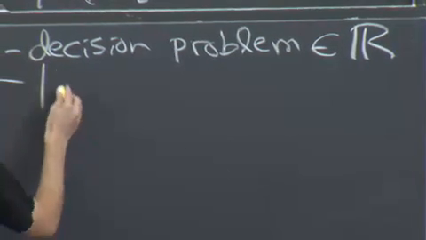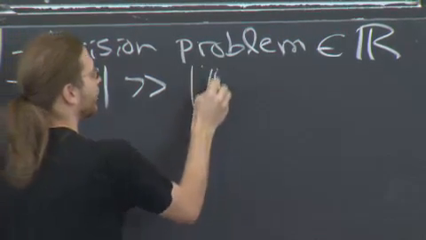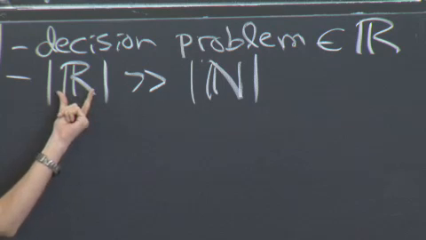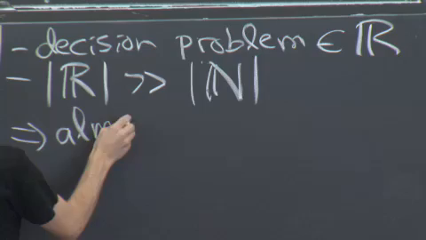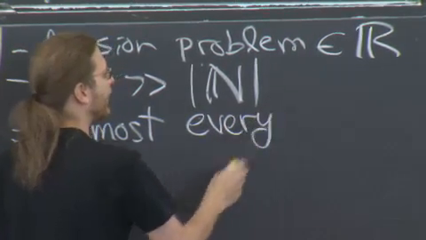And the thing is, the number of real numbers is much, much bigger than the number of integers. In a formal sense, we call this one uncountably infinite, and this one is countably infinite. I'm not going to prove that here today. You may have seen that proof. It's pretty simple. And that's bad news. That means that there are way more problems than there are programs to solve them. And so this means almost every problem that we could conceive of is unsolvable by every program.